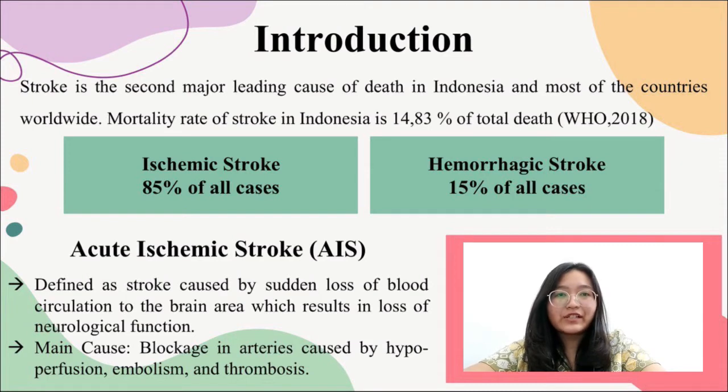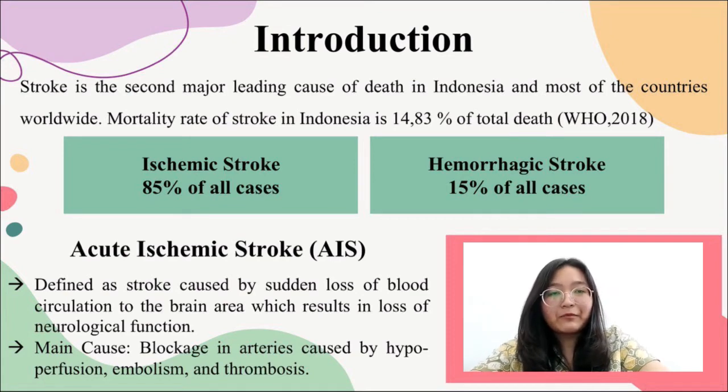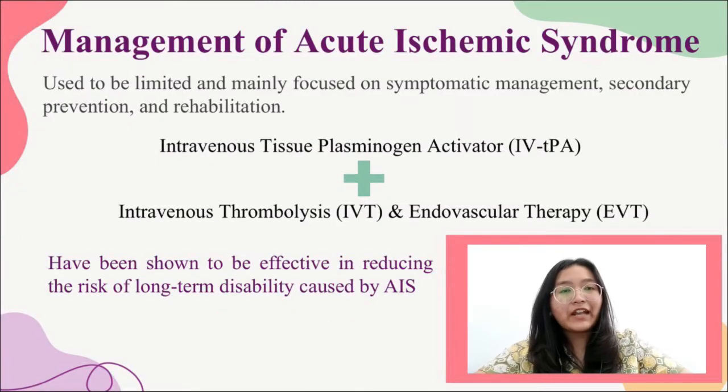Acute ischemic stroke is defined as stroke caused by sudden loss of blood circulation to the brain area, which results in loss of neurological function caused by blockage in arteries that supply oxygen-rich blood to the brain, caused by hypoperfusion, embolism, and thrombosis. Before the 90s, management of AIS was limited and mainly focused on symptomatic management, secondary prevention, and